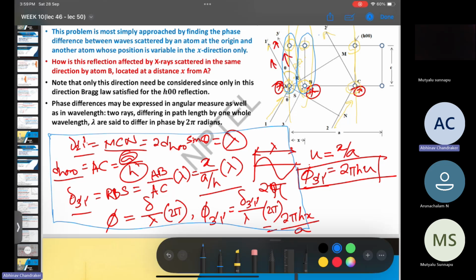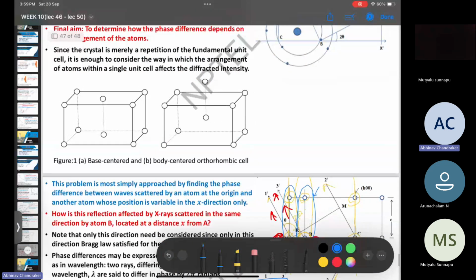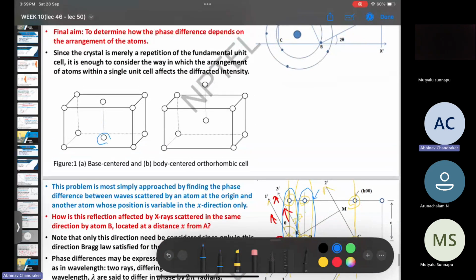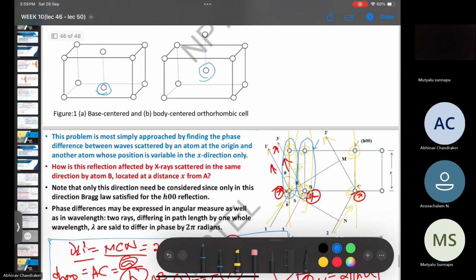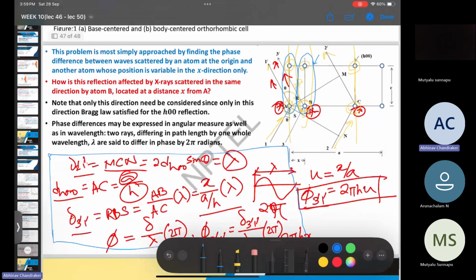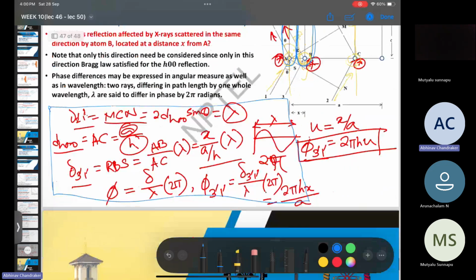So this is also a lattice position, but it is at a fractional coordinate. For example, it could be this face centered position, or it could be a body centered position. So these are fractional coordinates, and there will be a phase difference between the diffracted beam from this particular plane and this particular plane, which is at a fractional coordinate. And this phase difference can be given by this formula